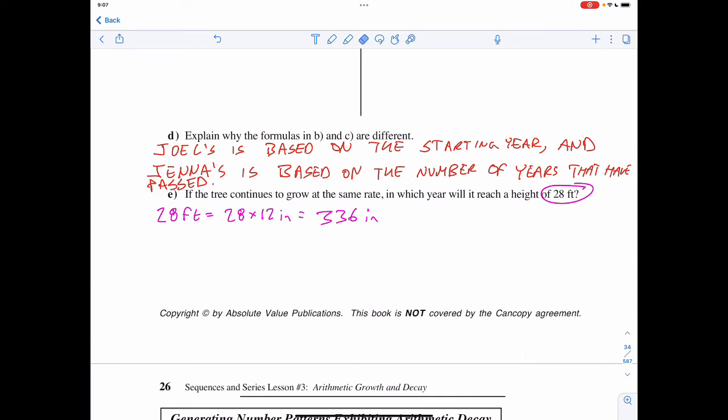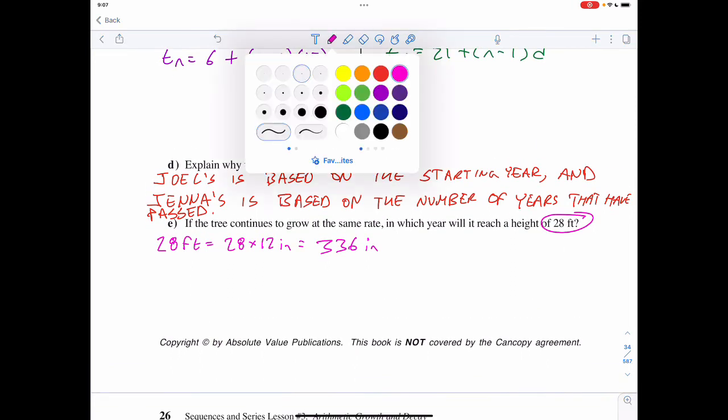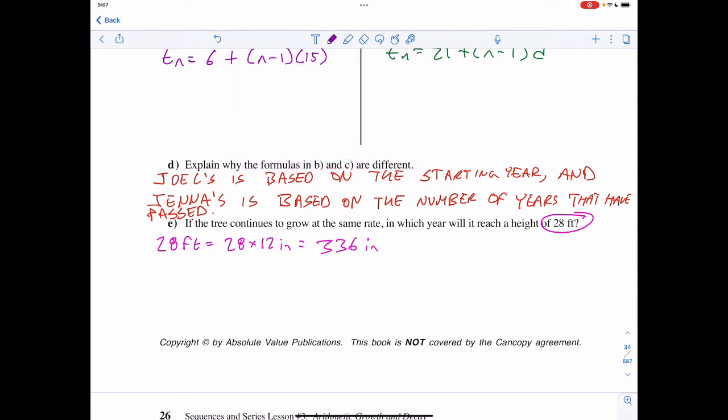From there, I could use either of their formulas, stating that for Joel, 336 is equal to 6 plus n minus 1 times 15,